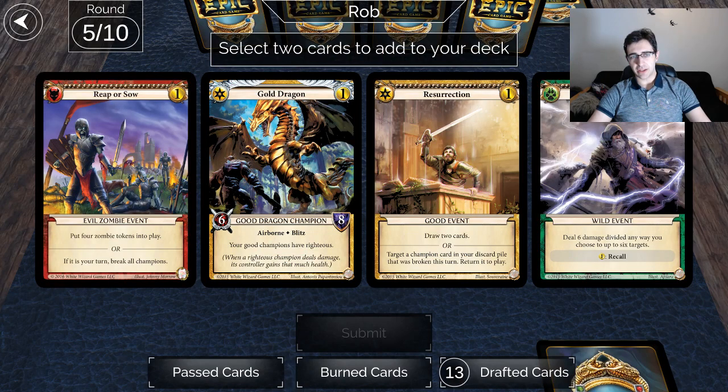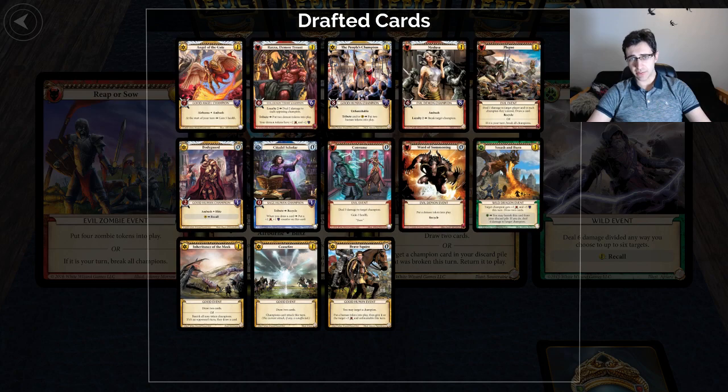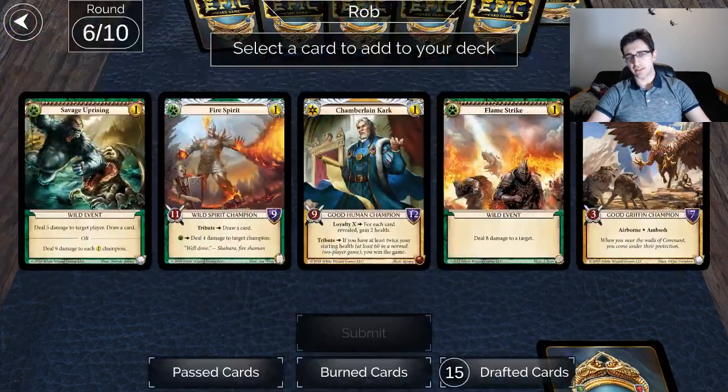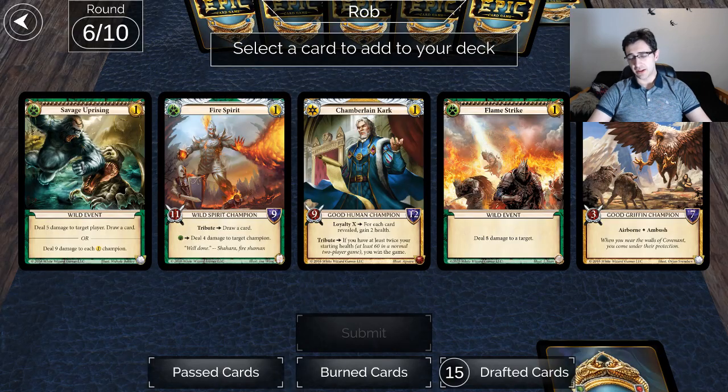It's probably going to be Gold Dragon and then either Reap and Sow or Resurrection. I think I'm going to go with the Reap and Sow. Mostly because I'm fine with having another Break All effect, and maybe I can find some advantage out of the 4 zombies with Medusa. It is going to be weak to Flash Fire, which you passed early, unfortunately, but so far we're actually getting a lot of token effects, so maybe our opponent will use the Flash Fire early, and then we'll be fine with that. Alright, so here,